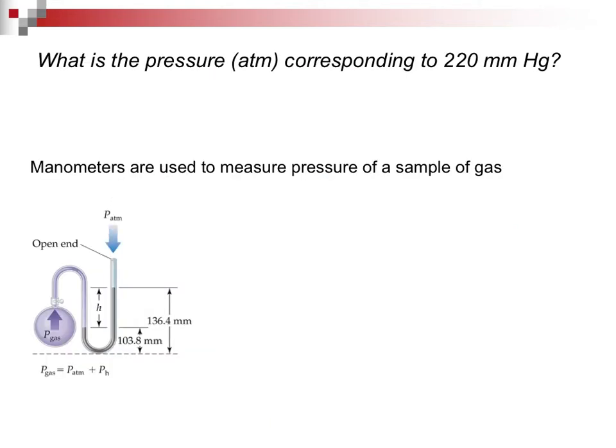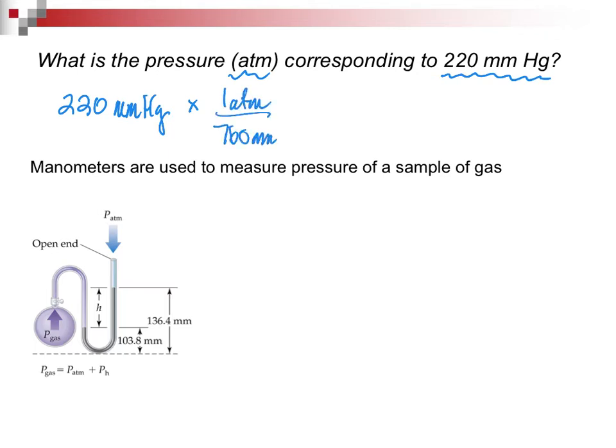All right? We're going to just do a very easy conversion here. We're going to say what pressure in atmospheres corresponds to 220 millimeters of mercury. So you know how I've been pushing dimensional analysis since the first day we met. Well, that's all that this is. We know that one atmosphere is 760 millimeters of mercury, and that comes out to 0.2897.